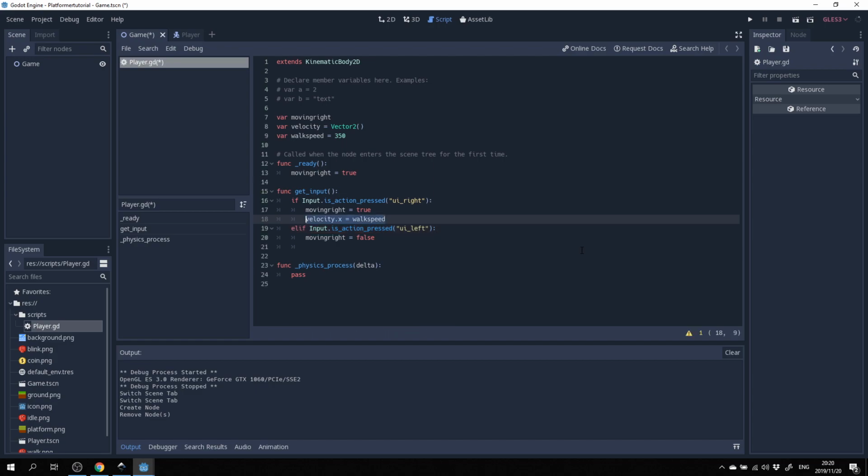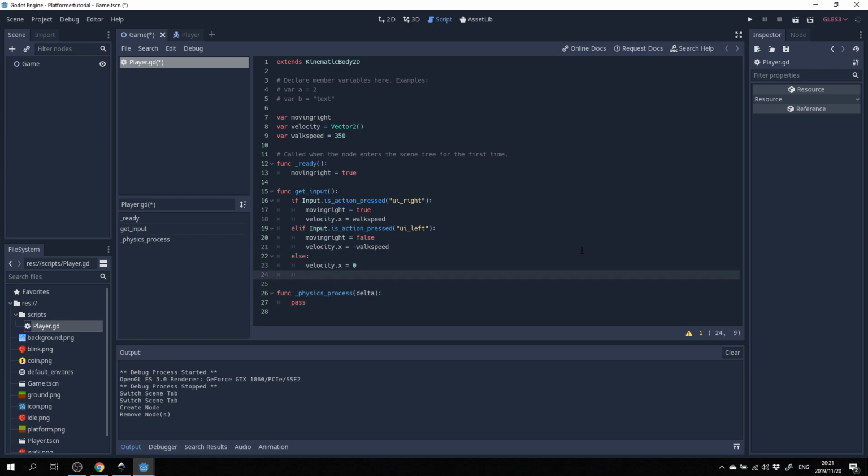In the left direction it's going to become a negative velocity, so we add a negative next to our walk speed to invert it. Then we need another case where we are not pressing any input, so we're not moving at all. We would set velocity.x equal to 0 so that there's no movement.